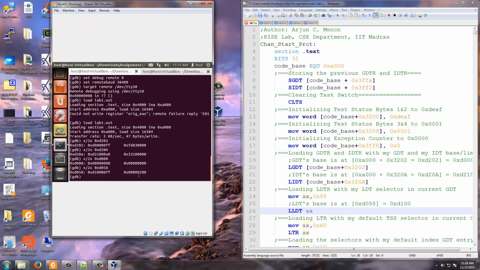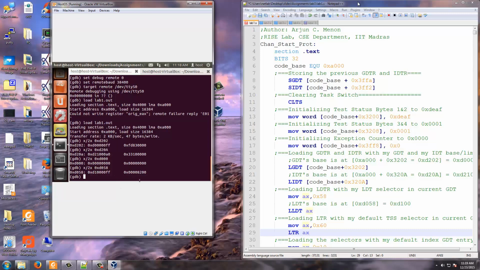And note that this is pointing to an LDT selector which starts at D100, and this 82 basically tells that this is of privilege level 0. 0x58 is an LDT selector, and the LDT starts at D100 and is of size 00FF.